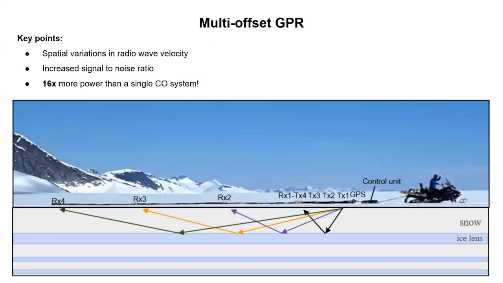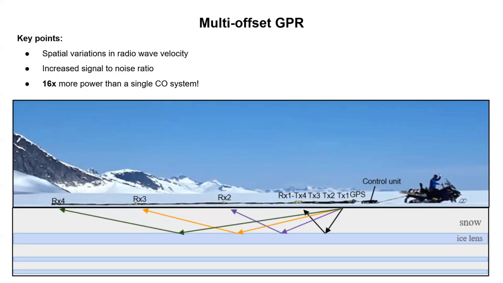And now that we know the basics, let's complicate things. Remember the common offset system I showed in the last slide? Well, the multi-offset system Kaylee Manello and I used for this research is 16 times more powerful than a single common offset system. This is because it consists of multiple different transmitter-receiver pairs, 4 transmitters and 4 receivers, all together combine to show us 16 different individual common